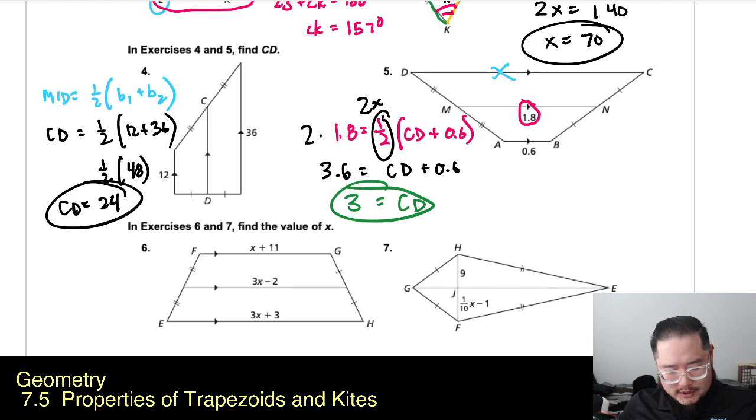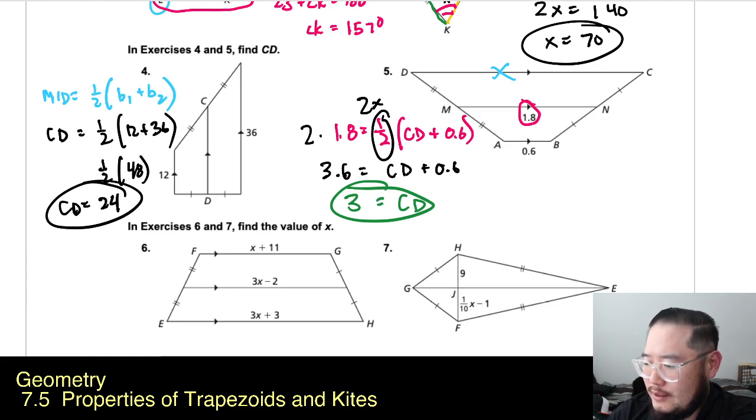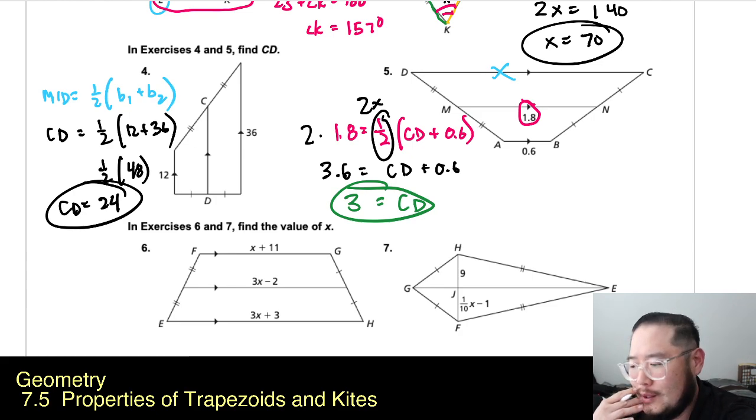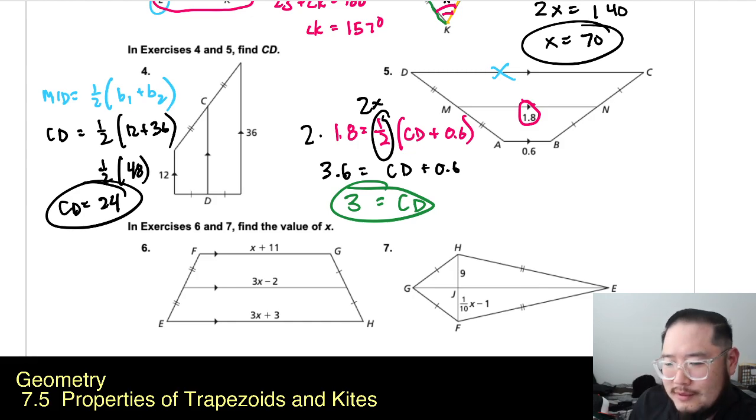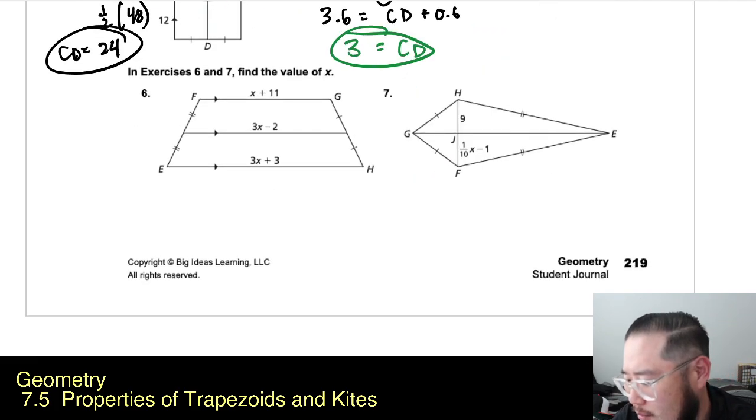On number 6 right here, it looks like we've got ourselves a trapezoid, and we got to find x. Well, they give us 3 parts of the trapezoid, the 2 bases and the mid segment. So guess what? We're going to have to use that mid segment formula. And we'll just plug things in accordingly. We got 3x minus 2. That's the mid segment. That's equal to 1/2. We'll take base 1, x plus 11. And then we have plus base 2,